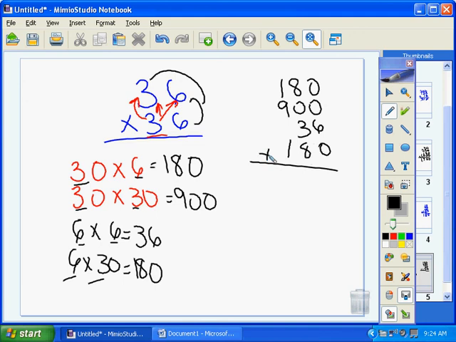So 6 is the only number I have in my ones column, so I have 6. 8 plus 8 is 16, plus 3 more is 19. 9 plus 3, or 9, we can make a group of 10, and add 2 more gives us 12. So I get 1,296. And that's how you do double-digit multiplication using